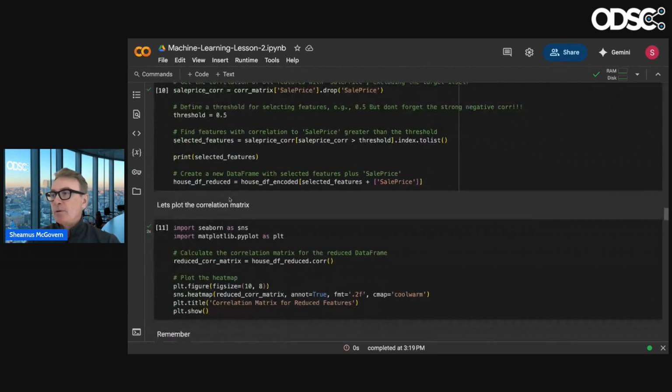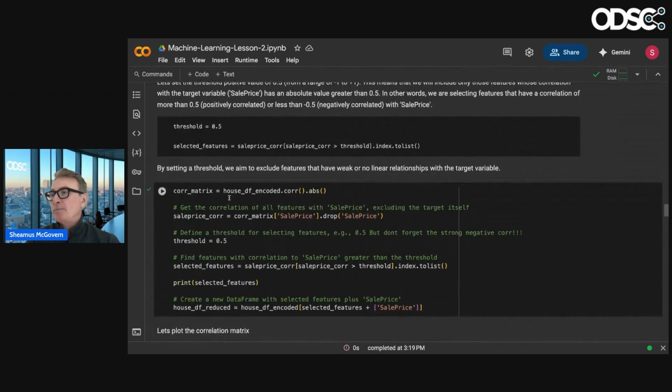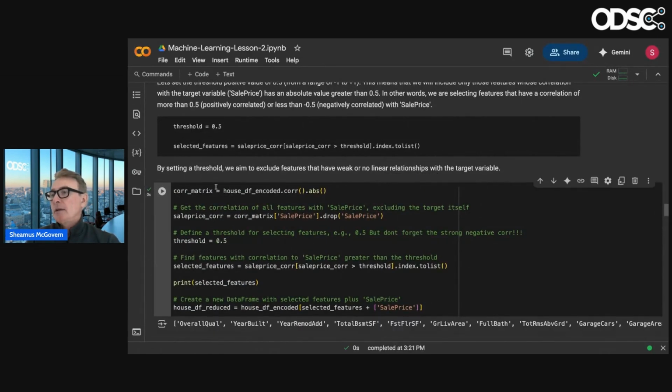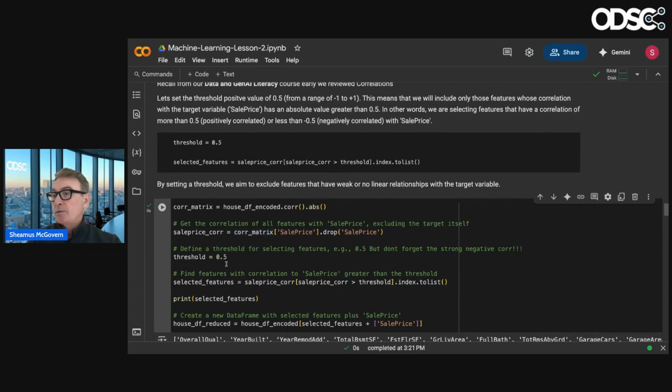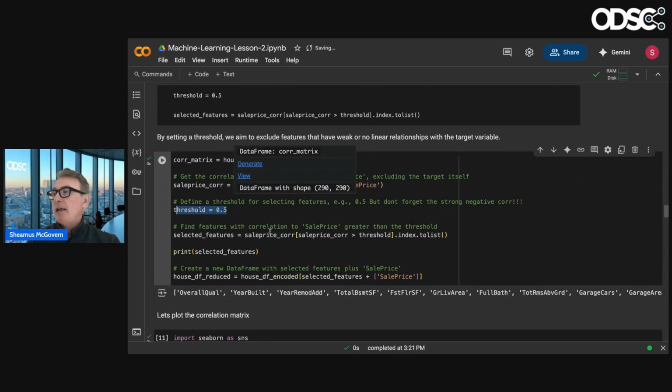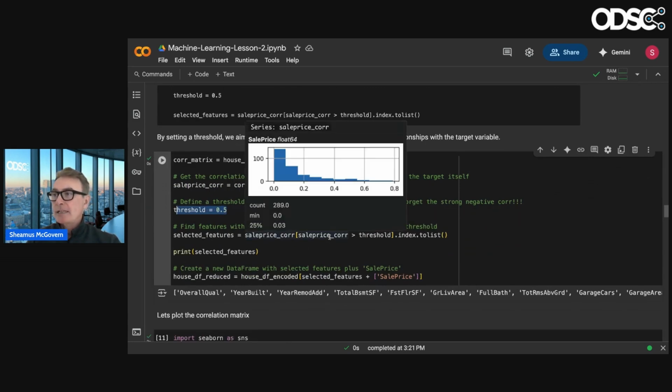You know, 81 features probably might be all right. So I'm just picking a threshold. Let's see if this works. And I'm dropping sales price because that's the target feature, and I don't want to skew that. So what we're doing here is just setting a threshold to 0.5, and it's correlated with itself anyway. And we're looking at sales price correlation.